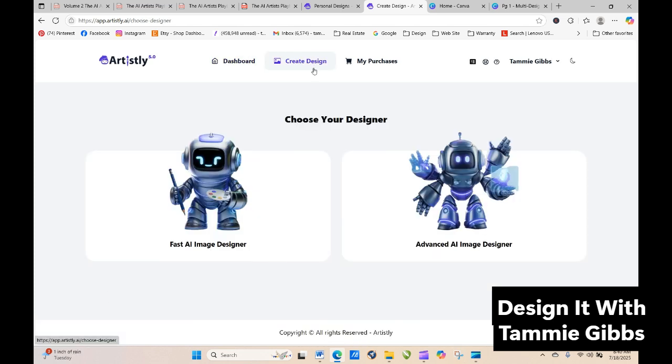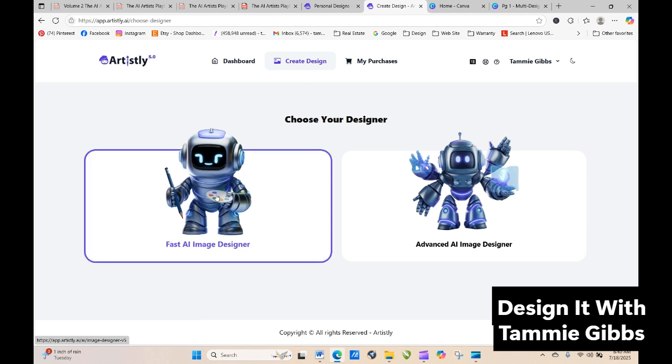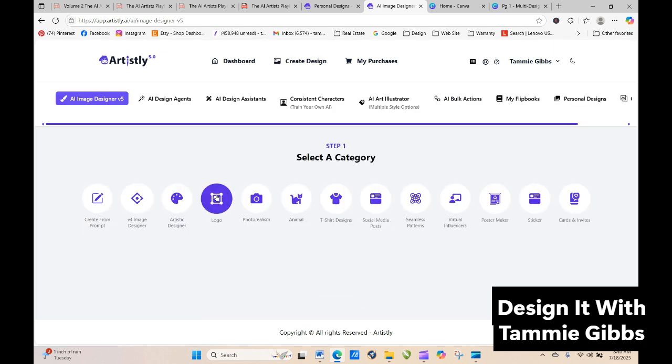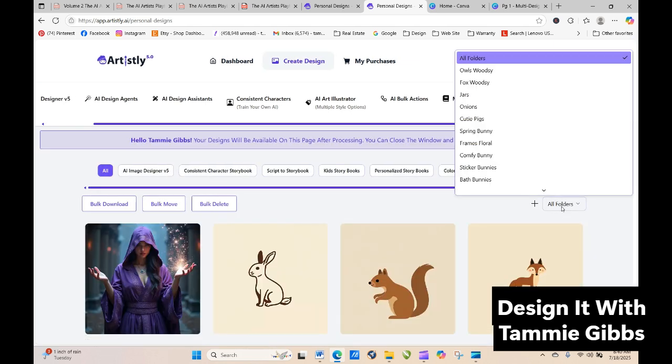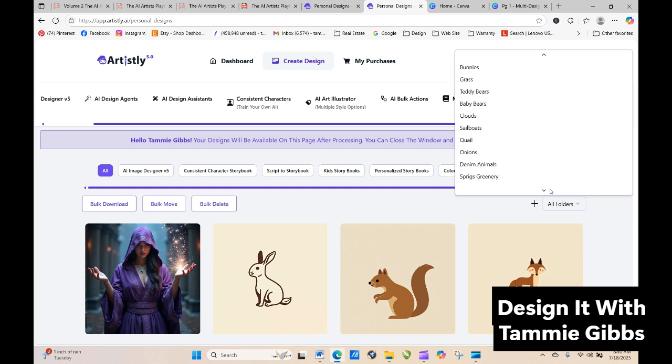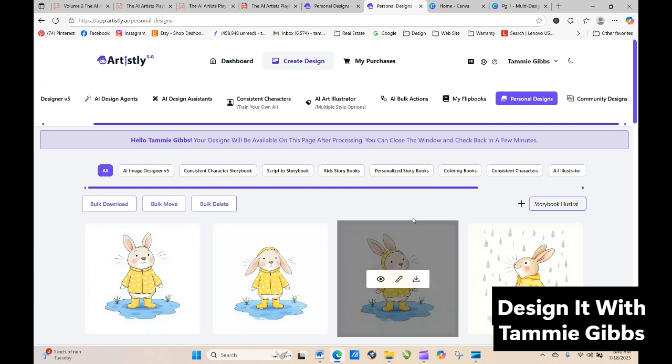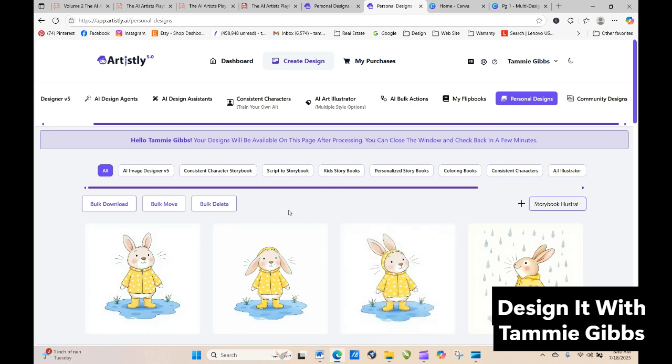Okay, so we're going to create design. We're going to go under the Fast AI Image Designer. And then I'm going to go over to the personal designs, and I'm going to show you some of what I worked on before the video. And this is for a storybook that I am building. So I don't have all of the text for it yet. This is sort of my concept